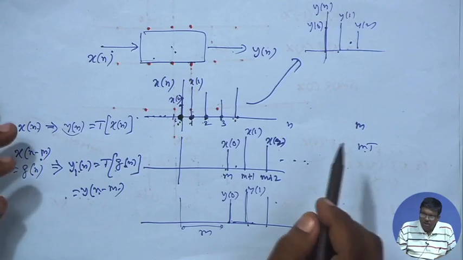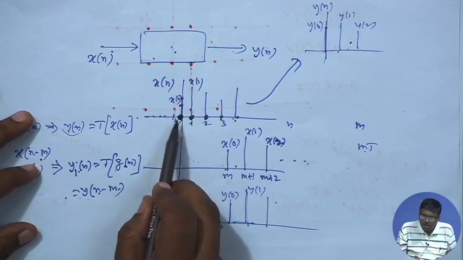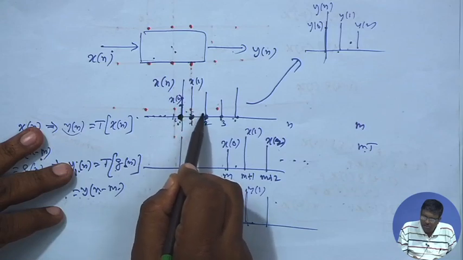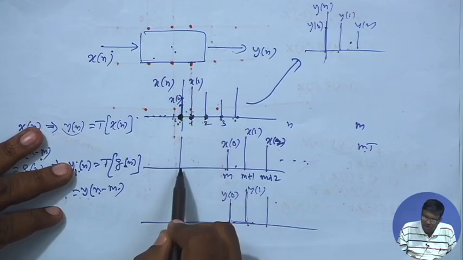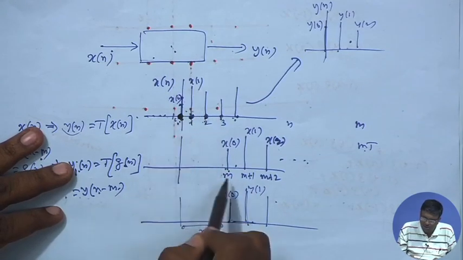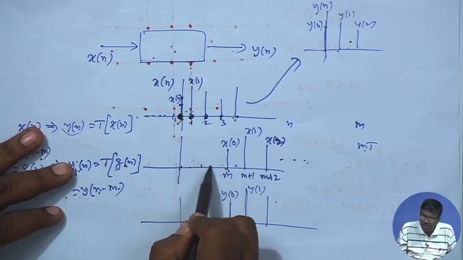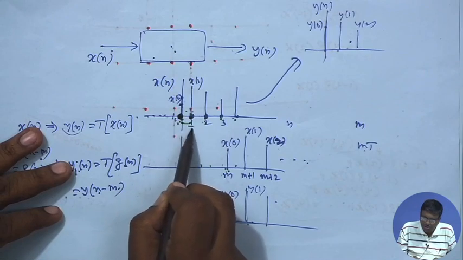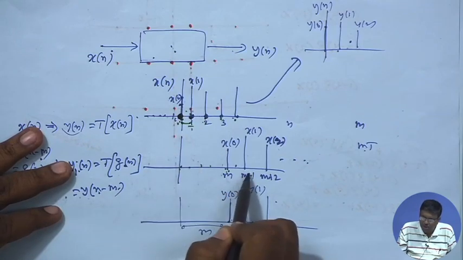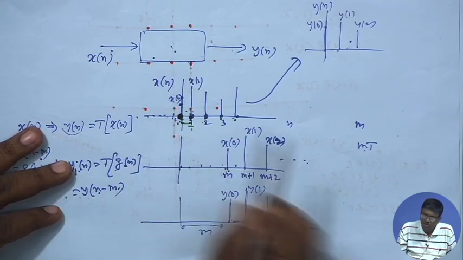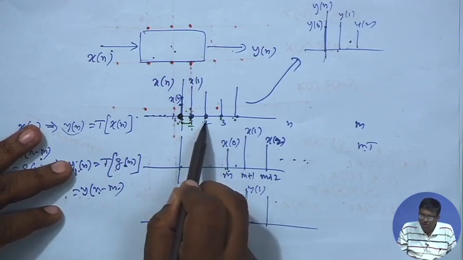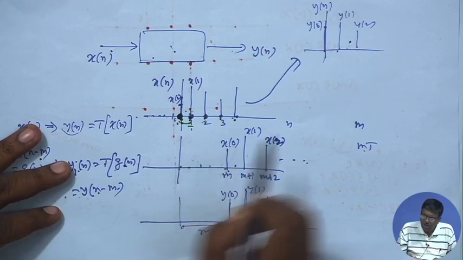Physically it means in the time domain I am introducing a delay. 1 delay means t, 2 delay means 2 t, 3 delay means 3 t. So, m times, since 0 goes to m t. Similarly, this point, which is capital T, goes to m plus 1 times t. So, we add another m into t delay, so m plus 1 t. This is 2 t, add another m into t delay,